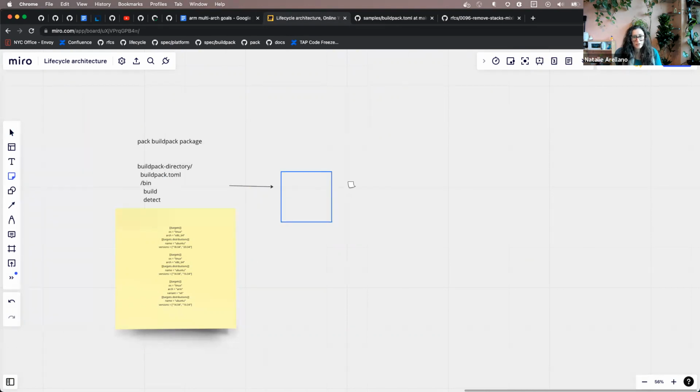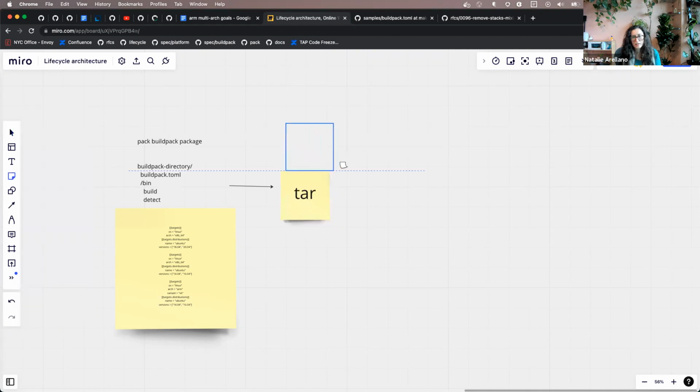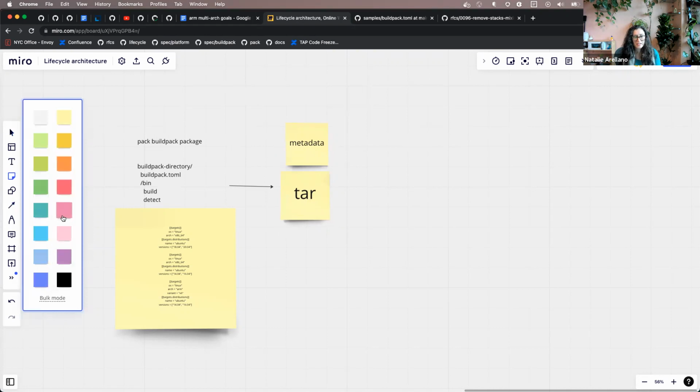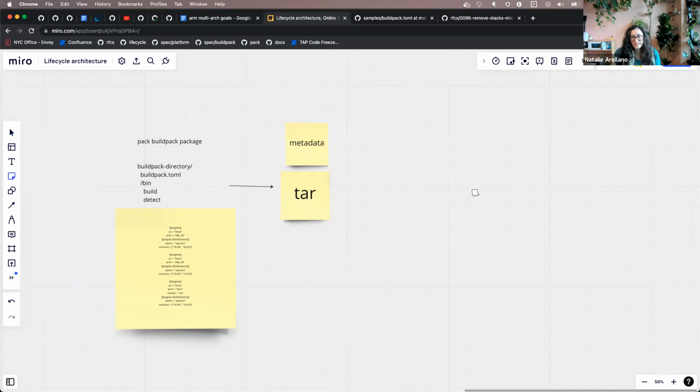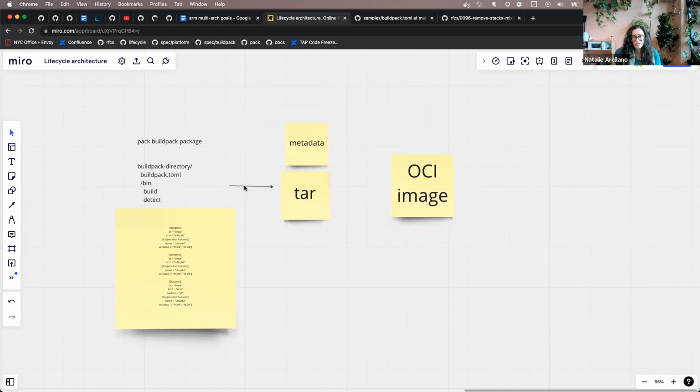It will also create metadata. And it'll package those things up into, because we love the OCI spec, an OCI image, right? And then pack will upload it either to your registry or your daemon.